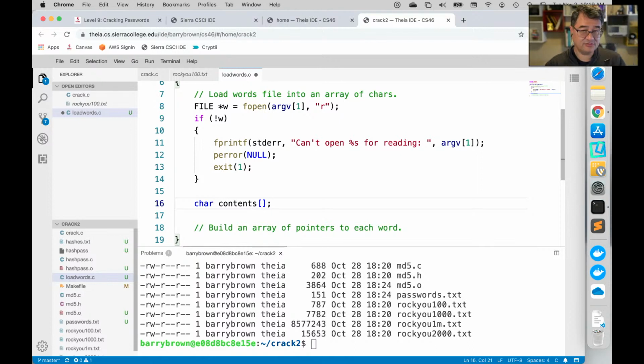Right? So there's a function in C that we can call, that we can ask it, how big is the file? fseek. Right? So we could use something like fseek to move to the end of the file, but then ask it, like, where are you? And then we can move it back to the beginning. Right? That's one way to do it. Another way to do it is there's actually an operating system call that will tell us how big the file is. There's an operating system call called stat. It gives us the status of the file, and it actually returns pretty much all the information that you see right here.